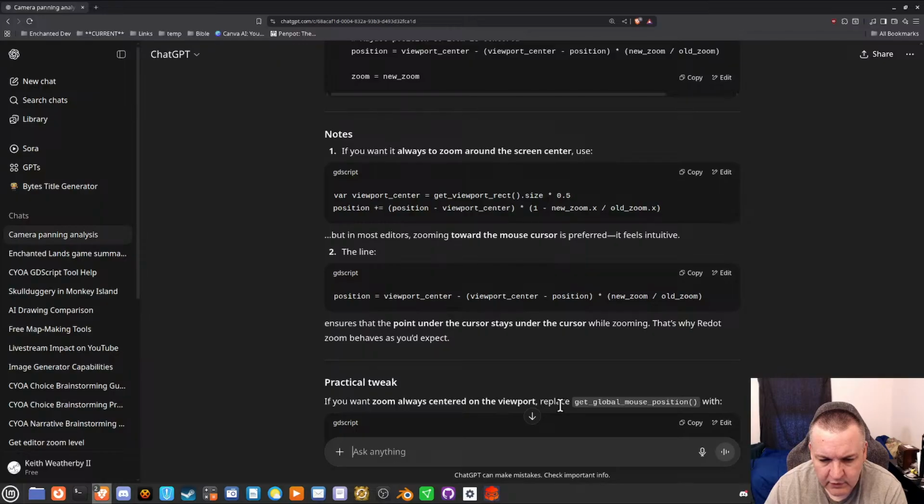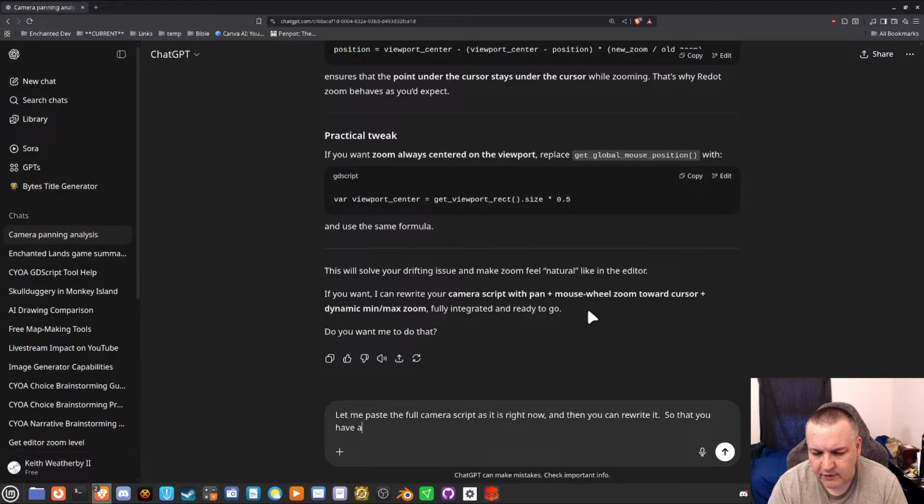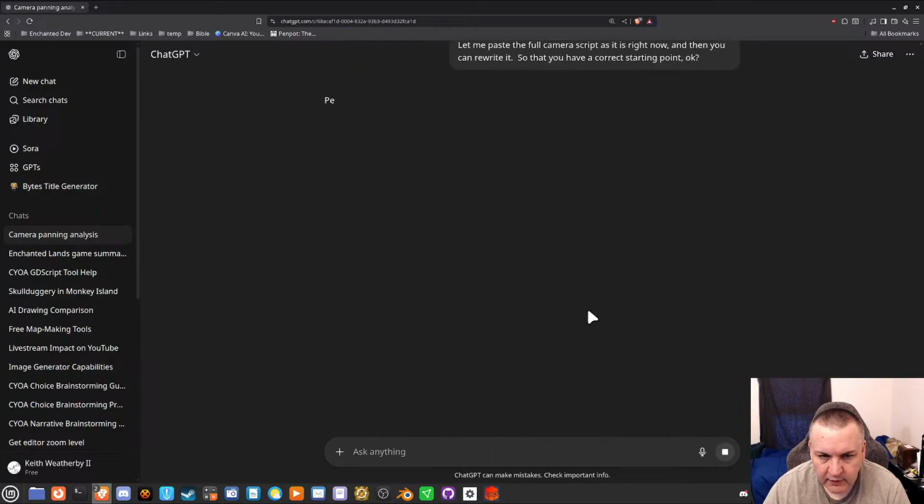The line ensures... let me paste the full camera script as it is right now, and then you can rewrite it so that you have a correct starting point. Okay.